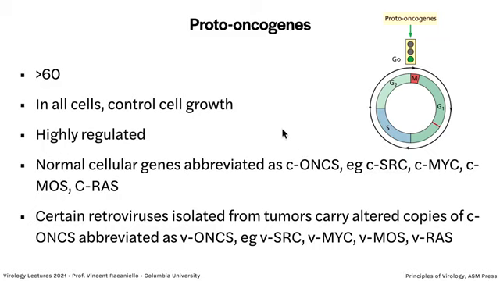retroviruses led to the discovery of what we now call proto-oncogenes, and that's the name for the gene when it's in the cell. So it's not really a good name because, as you'll see, the function is not to cause cancer. The function is to control cell division, but they were discovered in the light of a tumor of chicken, so the name is stuck. So in the cell, there are proto-oncogenes, which means they're not tumorigenic. They're over 60. They're in every cell. They control cell growth. They're highly regulated. The normal cellular genes have a C in front of them, right? C-SARC, C-MYC,